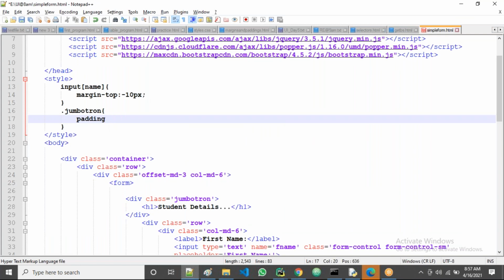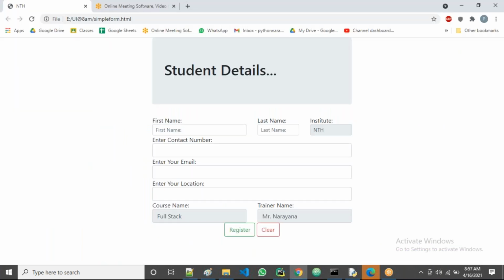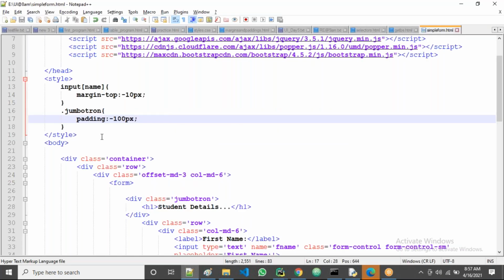For example, I'm taking padding minus 100 pixels. Right? So then what can we do here to decrease that size?